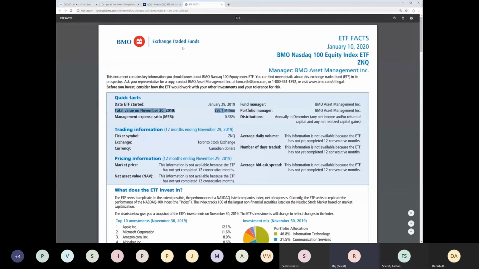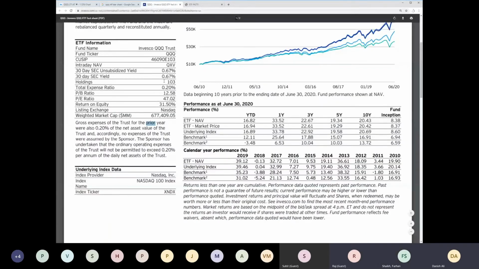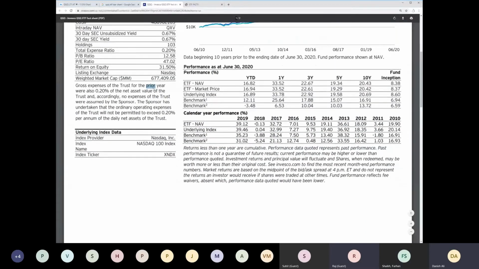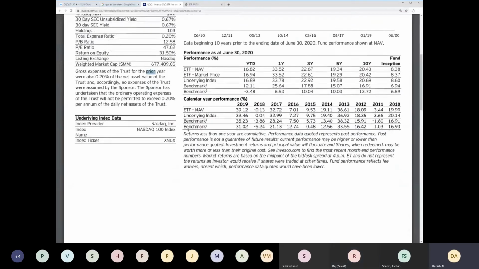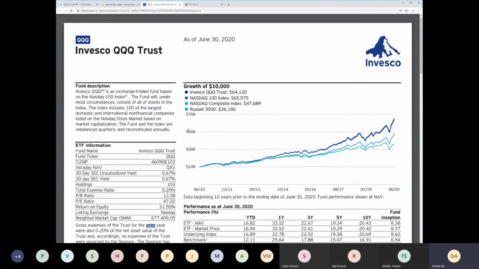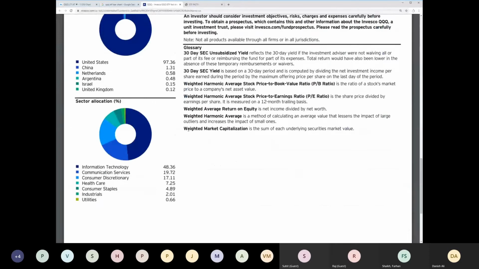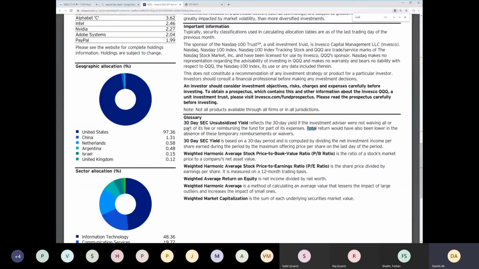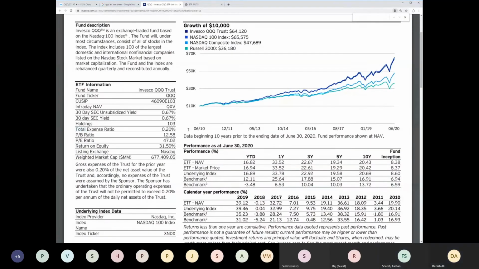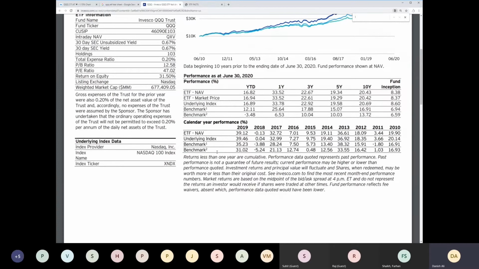This is almost 10 years in the market. What's the total value here? Total value of QQQ. When these platforms give the same information in the same format, it's easier to see apples to apples.